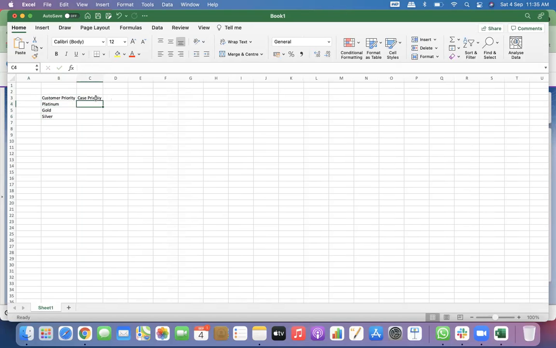Case priority can be high, medium, low. So for a platinum customer, a high priority ticket maybe resolution time is 1 hour. For gold, it is 4 hours. For silver, it is 8 hours. It depends, but this I am just randomly putting it.